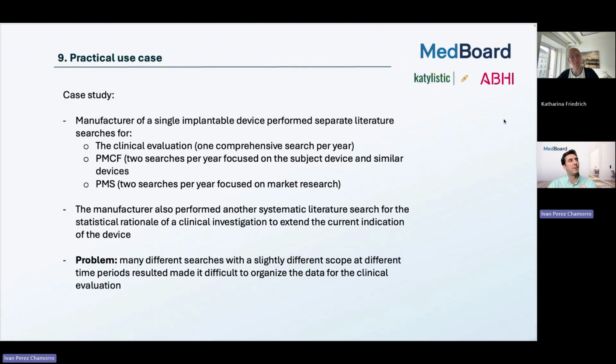You wanted to share as well a practical use case related to a manufacturer of a single implantable device. Could you share with us what the situation was and how you solved it? Yeah, so I thought it would be nice to also share a practical example, because we talked a lot about streamlining. I think it's one of the examples that nicely shows how you can